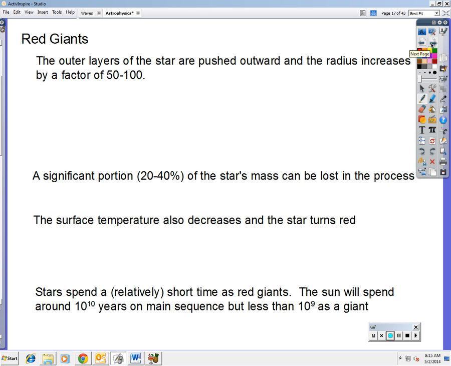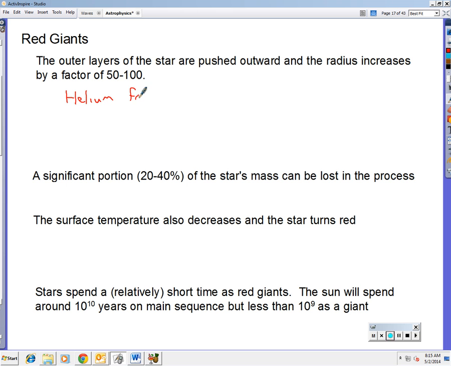This helium flash creates a huge amount of radiation pressure. And that radiation pressure exceeds gravity and results in the star's outer layers expanding a lot,